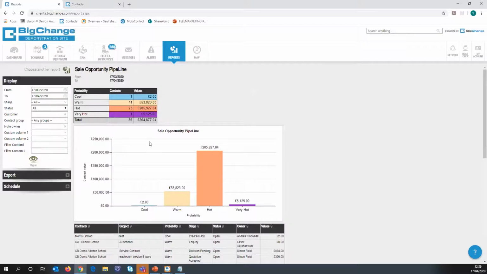If we've got loads in cool and nothing towards the warm or hot end, then maybe we're not doing something right, and we need to work on sales techniques to progress it through from cool to pushing it to warm and hot and very hot. So this gives us a visual, and we can see that we're doing well in the hot section, and what can we do to try and push them across to very hot and eventually win the orders,